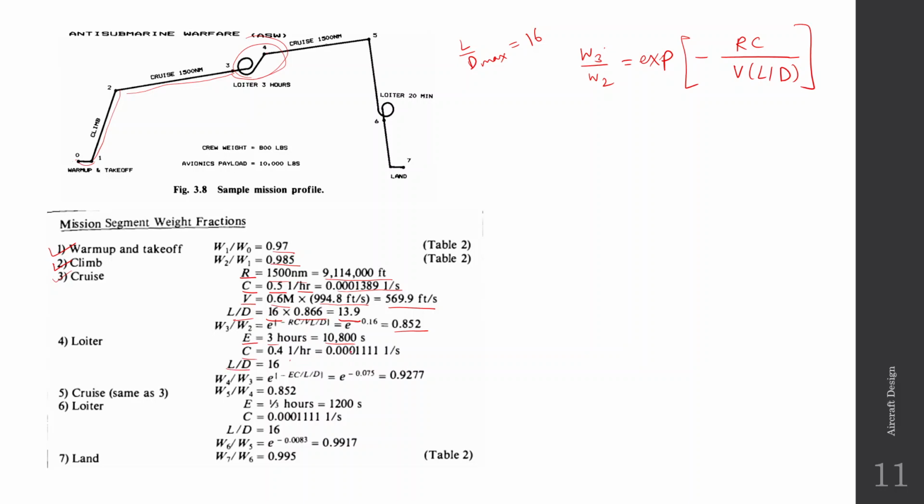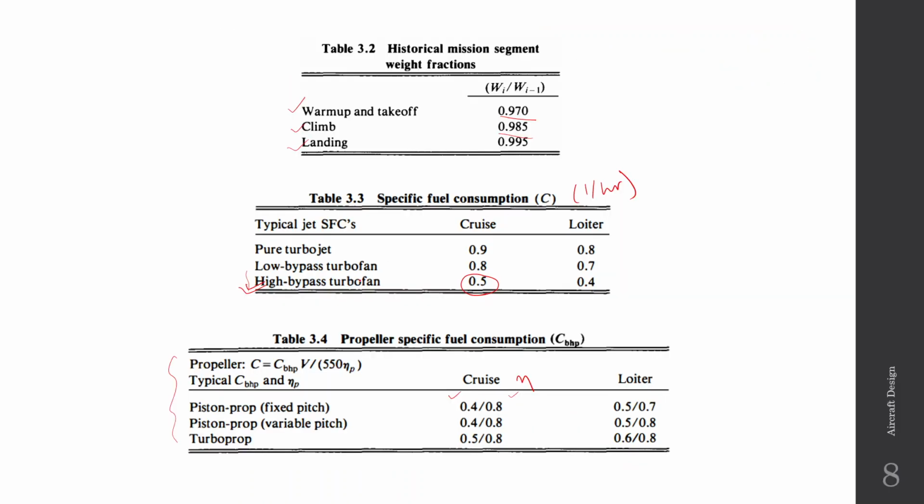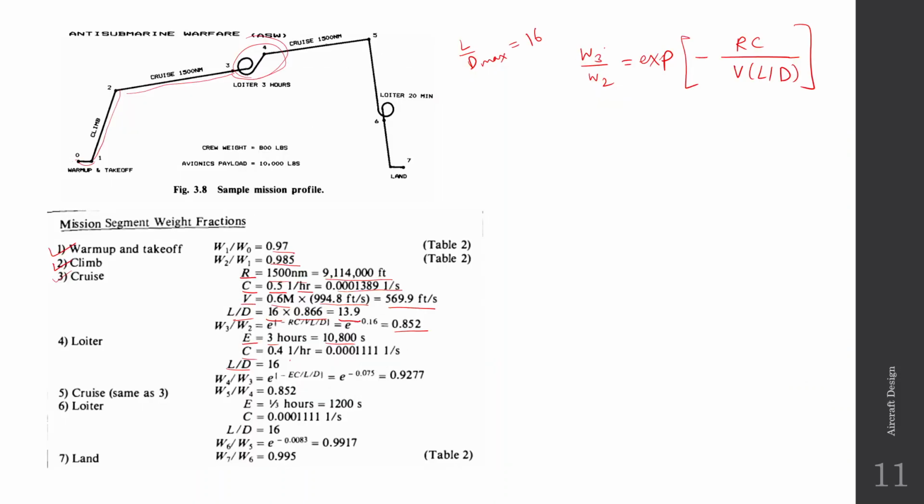So we know that for loitering with a jet engine, we have to fly at L by D max, and again for high bypass turbofan for loitering, the SFC is 0.4. So then you can again put it into the formula to get